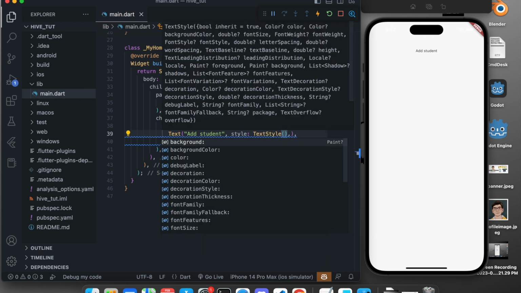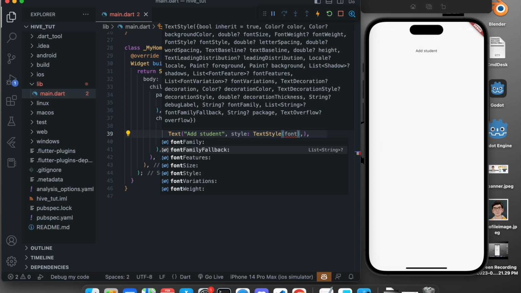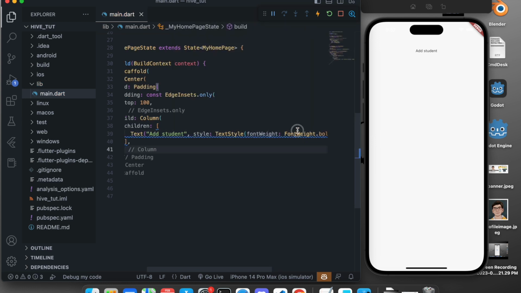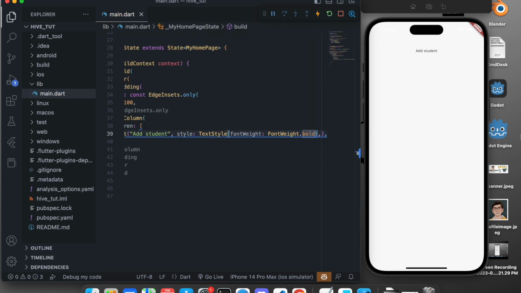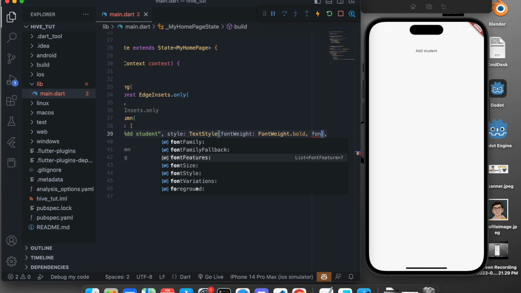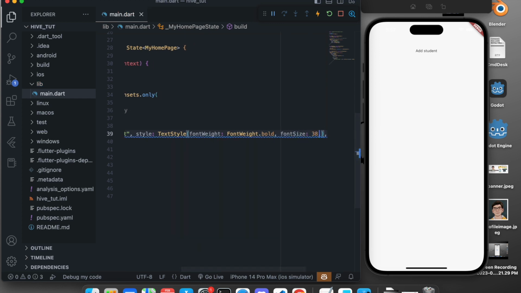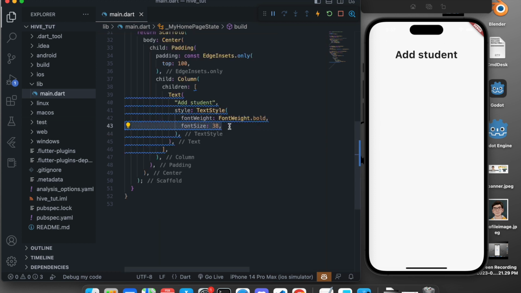And in the text side we will say font weight will be bold, so font weight is FontWeight.bold. And also we want to set the font size, so font size will be something like 38. And after doing this we will just save this, and you can see the add student title over here. Now above the text we can just add a const,